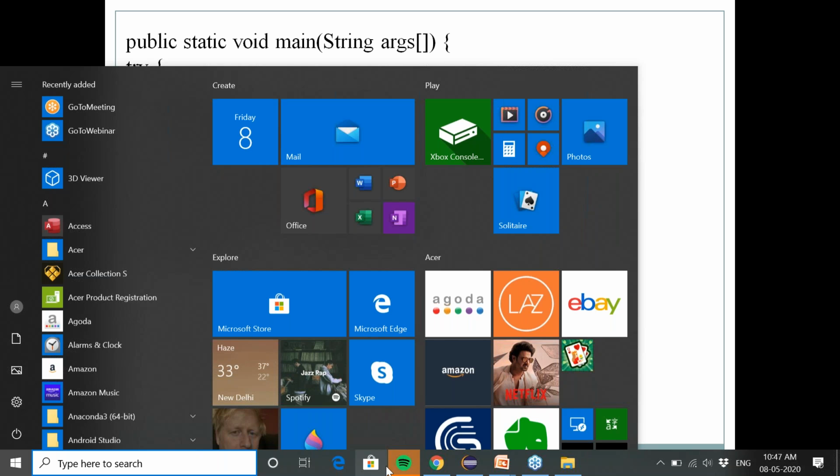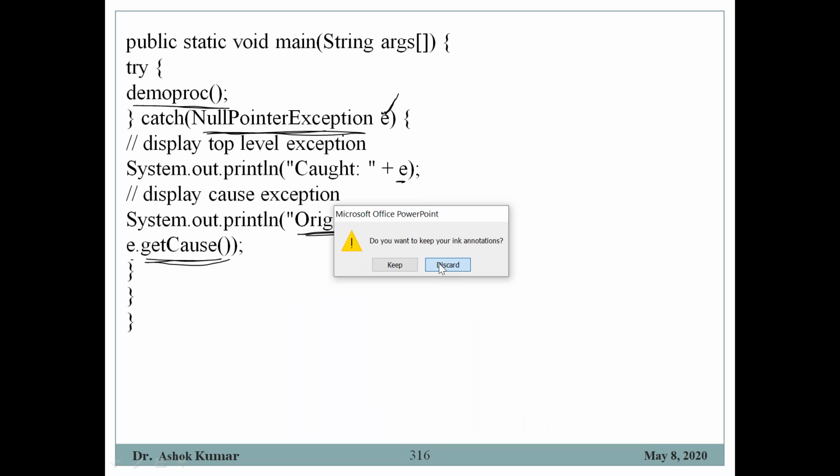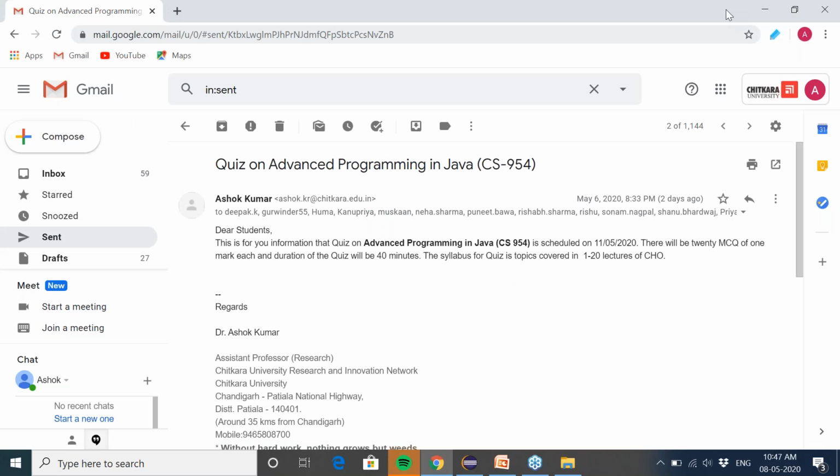I think we have lost the connection. No, it's there. It's there.